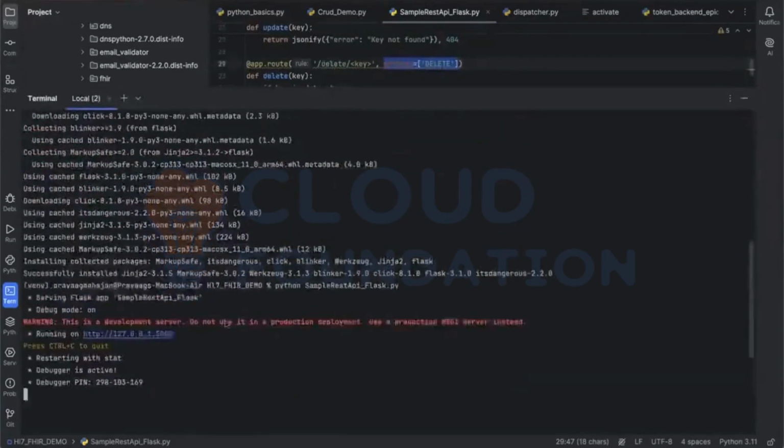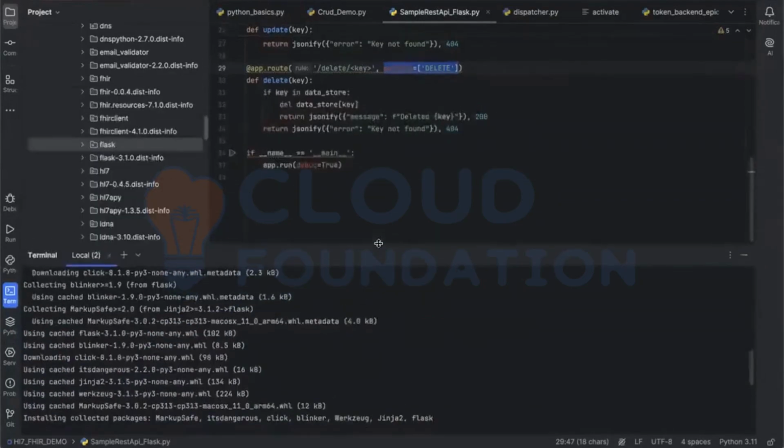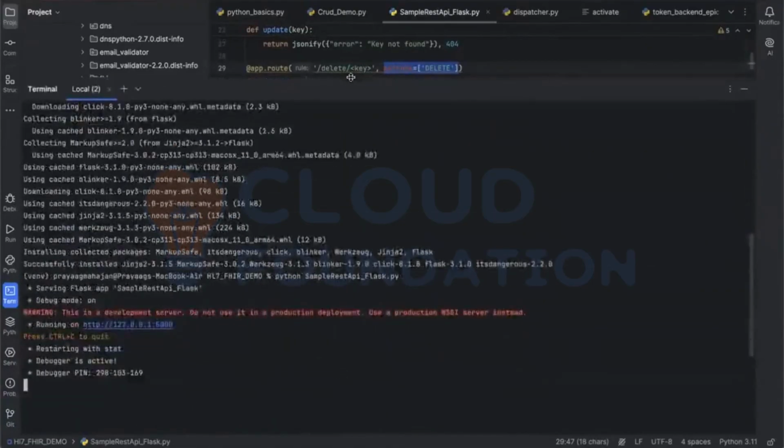Can you see now? Once I run this script, I'm telling Python, and then the script. Basically, it is running my Python script. You can see serving Flask app. This is my file name. Debug mode on, because we give debug is equal to true. Debug mode, we keep it on in our development phase. But we are developing an application, so we will keep the debug mode on